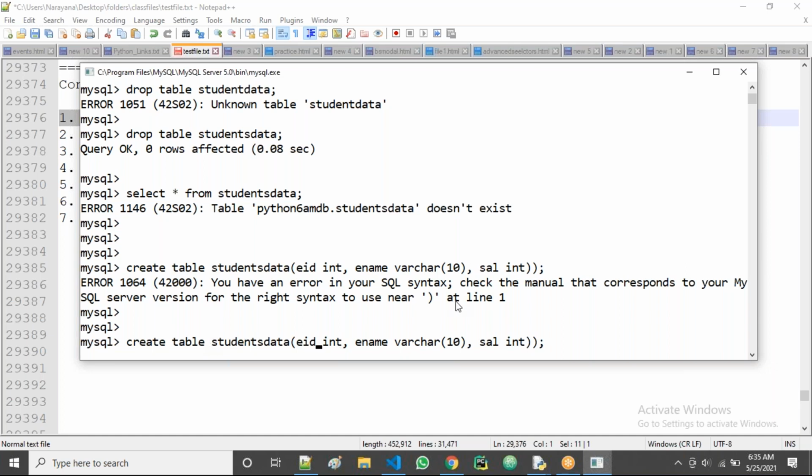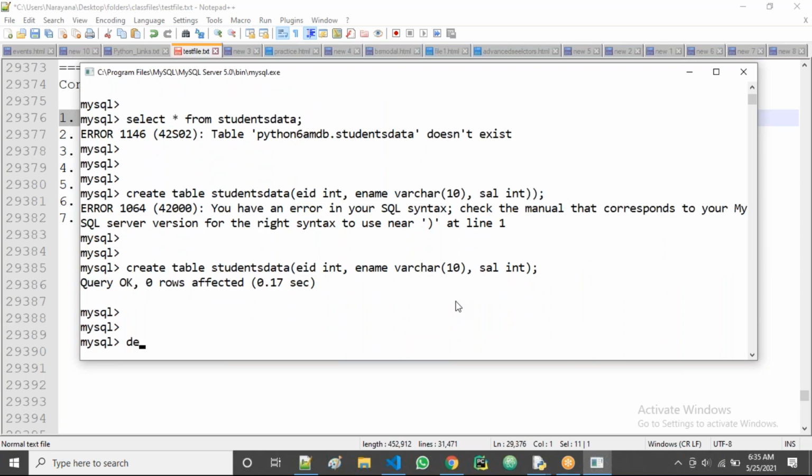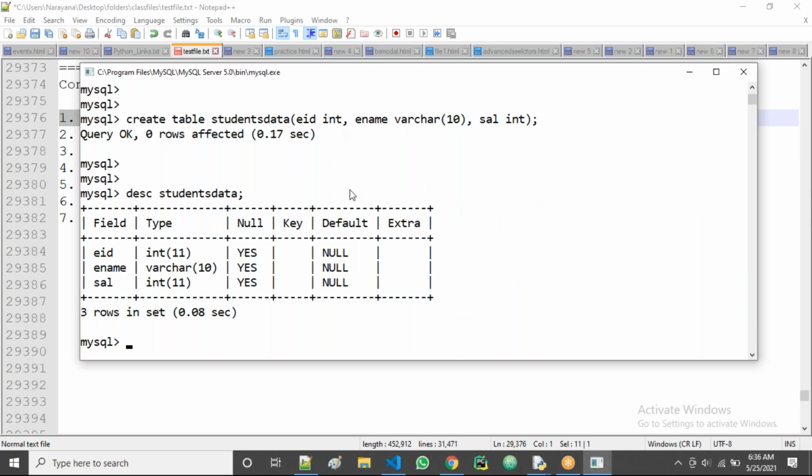Now observe the description of students data. Columns names are there, and it's saying that by default, null: yes. What does it mean?